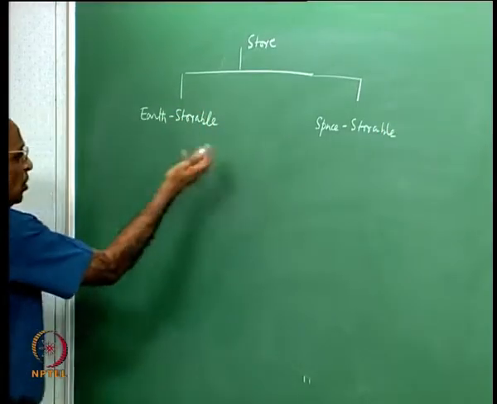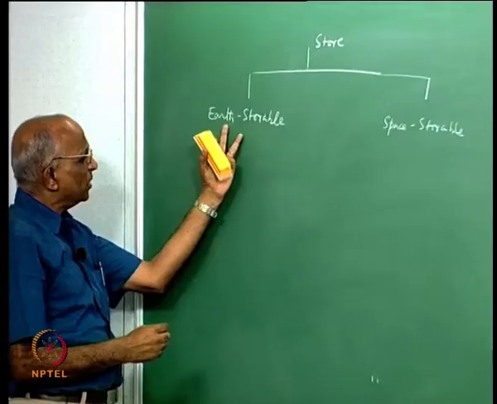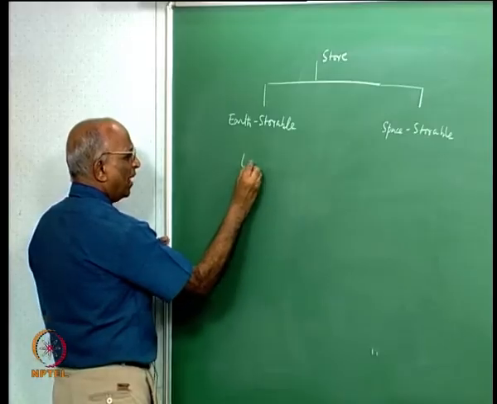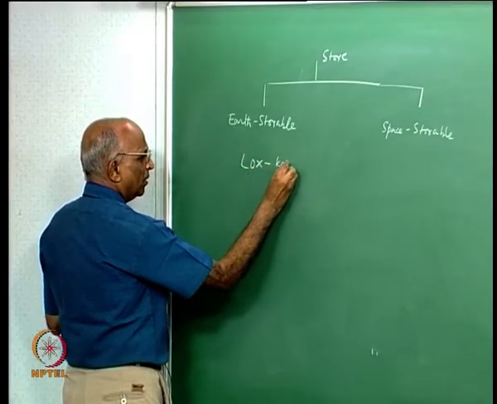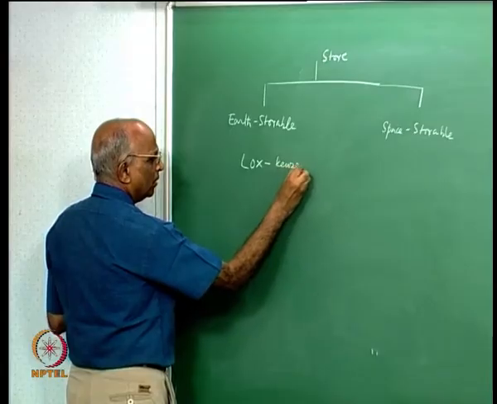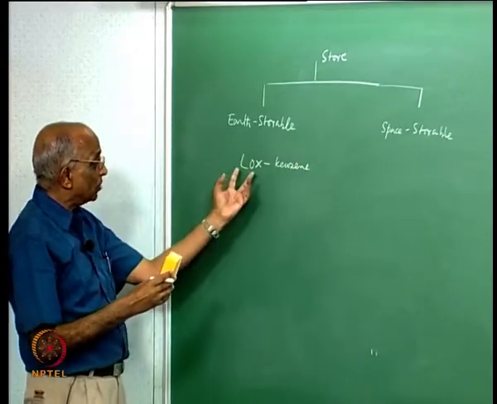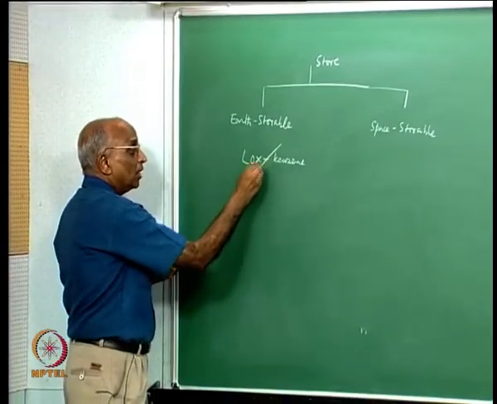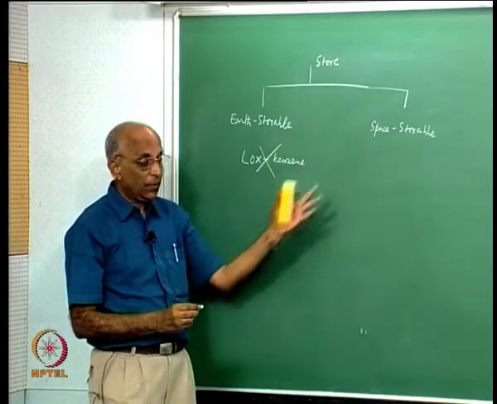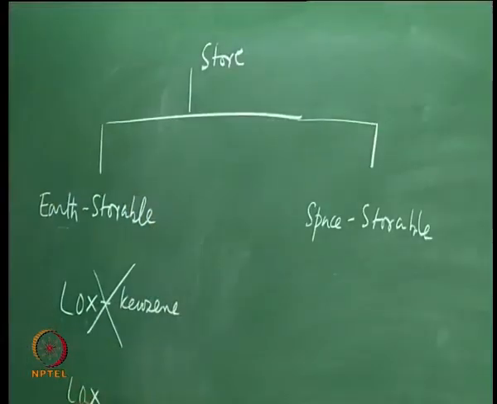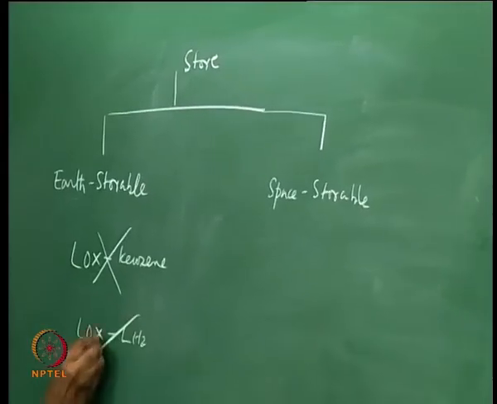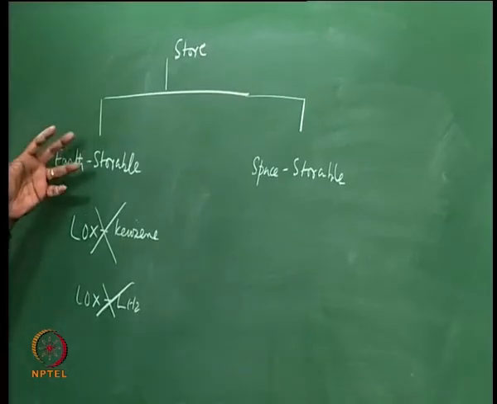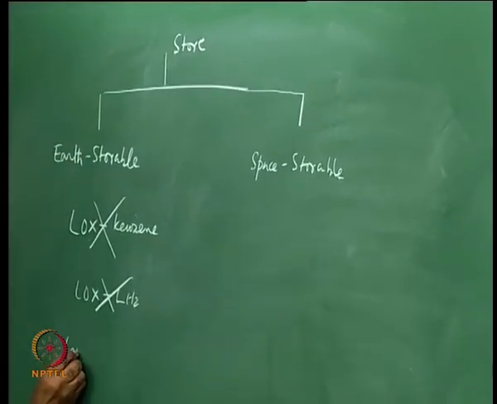By earth storable I mean something which can be stored on the ground and immediately I can fire. Well, if I have to have LOX kerosene, I cannot just keep it on ground all the time, because LOX has to be kept under refrigerated conditions or insulated conditions. Therefore, this is not even earth storable, leave alone space storable. Similarly, LOX and liquid hydrogen are cryogenic fuels, semi cryogenic and cryogenic fuels. These are not earth storable, and only most of the low energy propellants